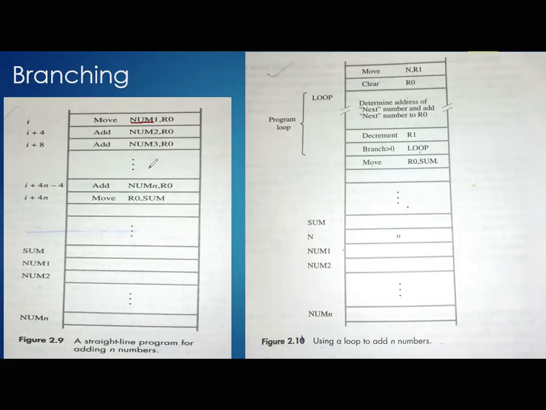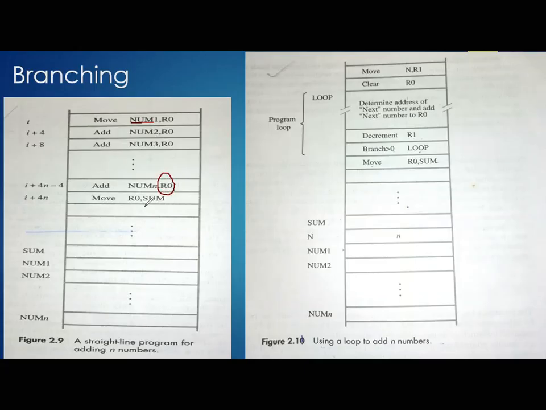Like that. How many times do I need to write this add statement? Total n number of times I need to write these lines. 1, 2, 3, 4, 5, 6, 7 till n, exactly. If I want to add a total of 100 numbers, then 100 such lines I need to write over here. So after writing 100 different lines, using this basic version of assembly language notation, we are able to get the result inside R0, the summation of n numbers.